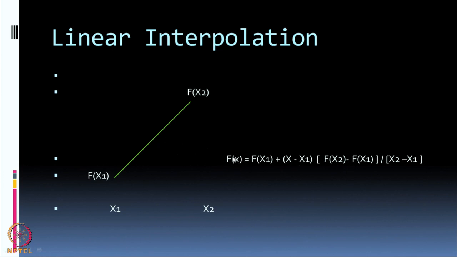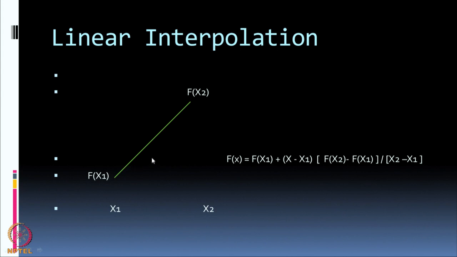Now, this particular function will work well beyond x2 also. Suppose I extend this line beyond, that function will work very well beyond this as well as below f(x1), because a line extends all the way on the right side as well as all the way on the lower side. The straight line will extend and this function will give me values of the function at all points, for all values of x. But it may so happen that beyond x2 and below x1, it may not be a straight line. So, a straight line is not a good method for interpolation if x1 and x2 are far apart. If x1 and x2 are very near, straight line interpolation is very good.